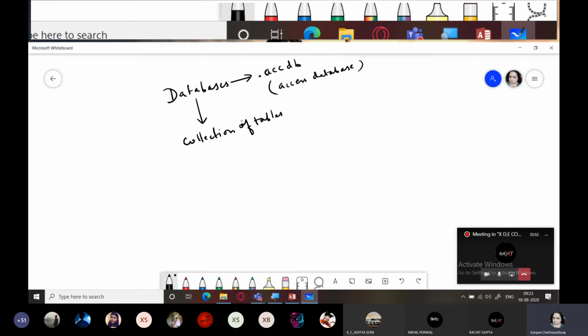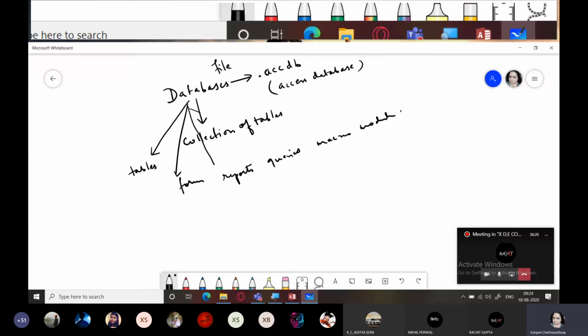Understood? So it is stored as a file, and this file can contain many objects: tables, forms, reports, queries, macros, modules, and the like.